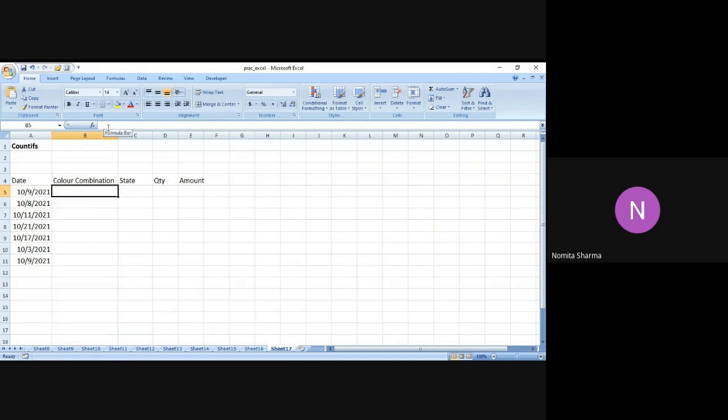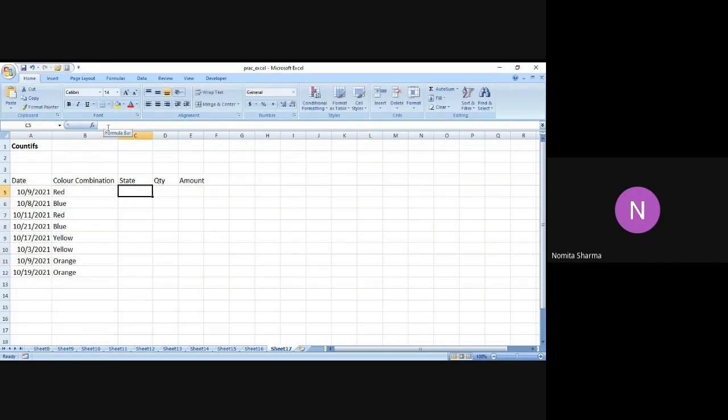Similarly, for the color combinations, I may have presently red, blue. Let me repeat. Let me have yellow as well. Let me have one more yellow, and then we can have orange also. Let's have one more orange so that we can easily count the items that we plan to have.